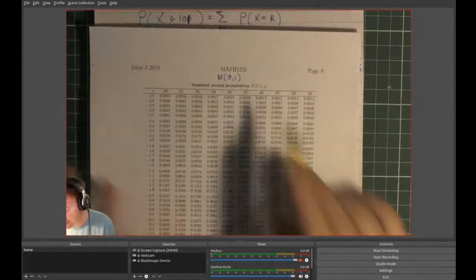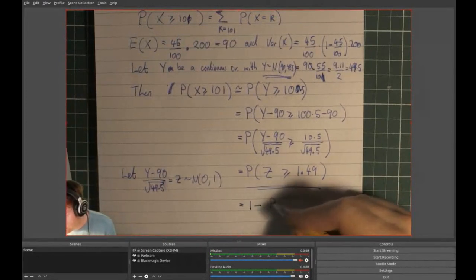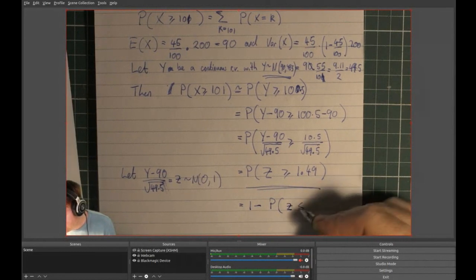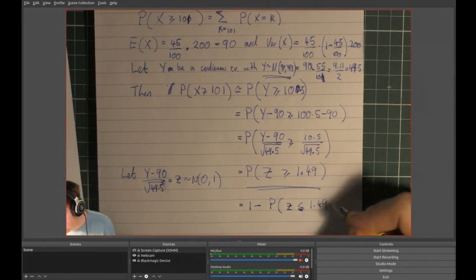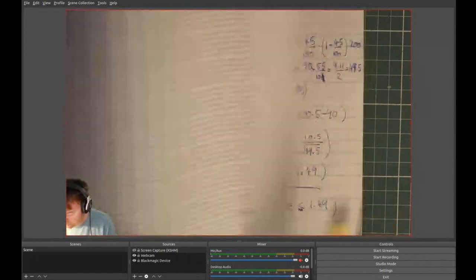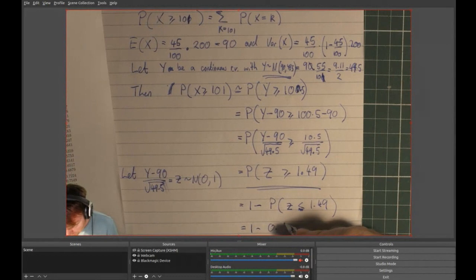So I grab my table. My table tells me the probability that Z is less than something. So I say that's 1 minus the probability that little z is less than or equal to 1.49. So that's 1 minus 0.9319,